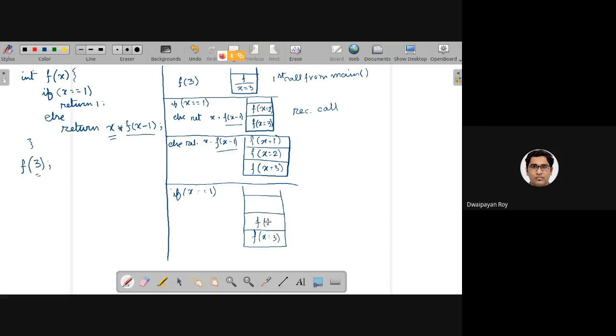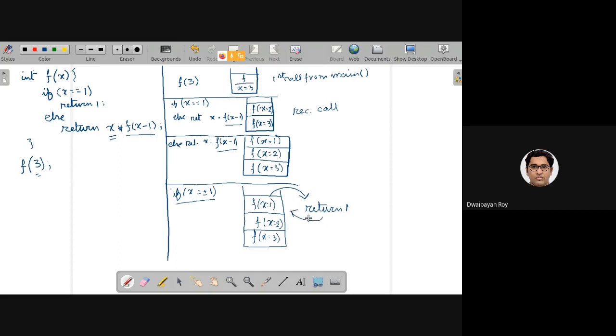Then it was containing f x equals 2. And at the top it was containing f x equals 1. And this is satisfied, so as we can see from the code, we should be returning 1. So this function call will be replaced with the value 1. This will be popped, the topmost value, and return 1 will be returned to the calling place.